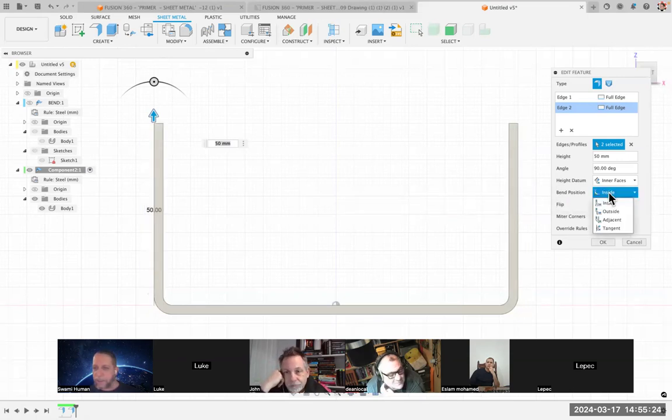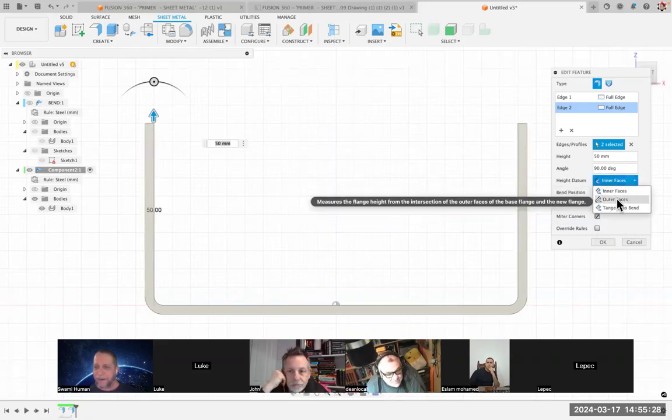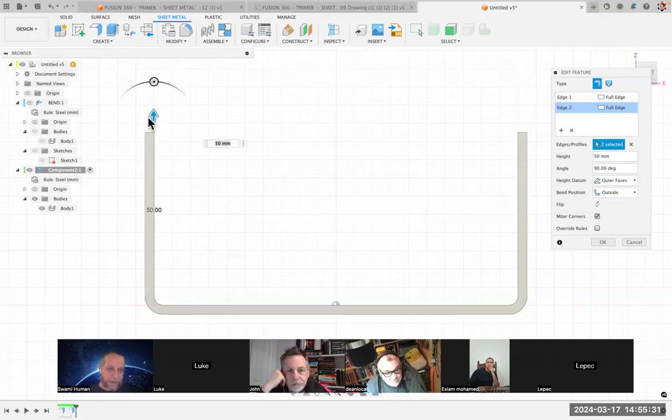Oops, did the wrong thing. Go back to here, go up to here, go into there. There we go. We're looking at the height here, right? That height datum reference, the height reference can be outer, inner, or tangent. And that's going to determine how tall it ends up. So if we needed the distance from the bottom face here to the top to be specific, we have to get this one right. The other control we have that we don't have with the simple bend here is our